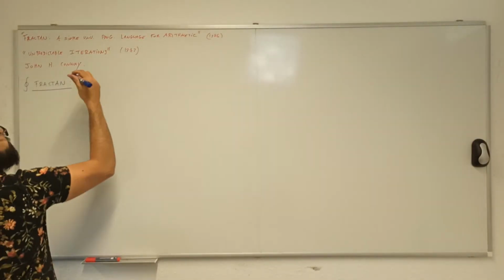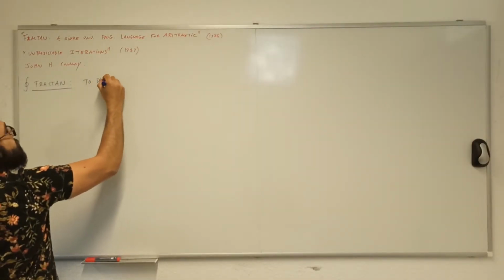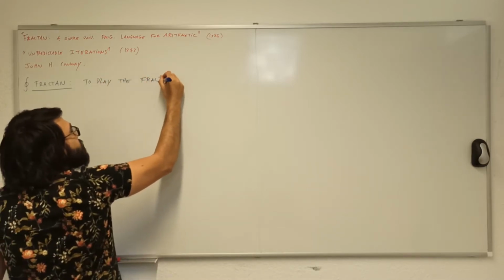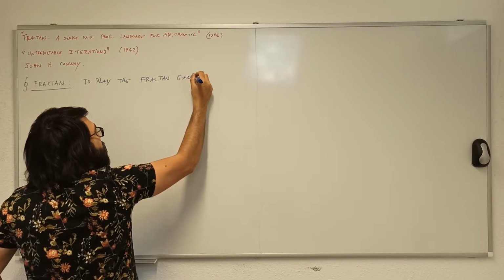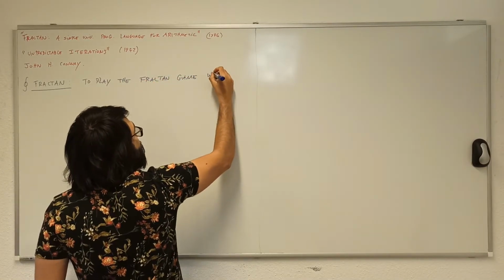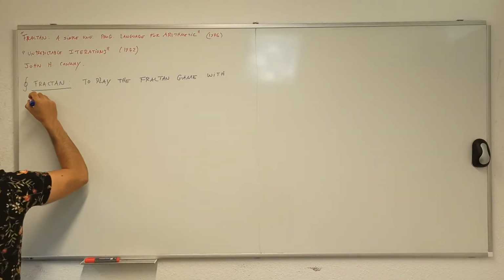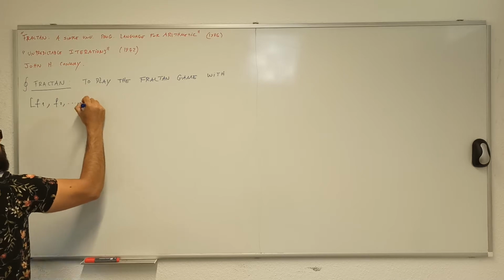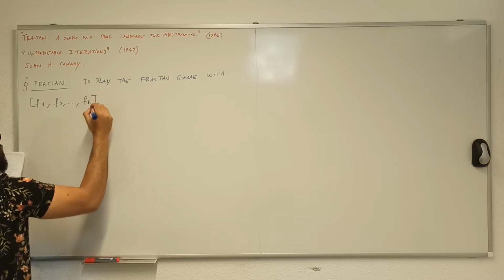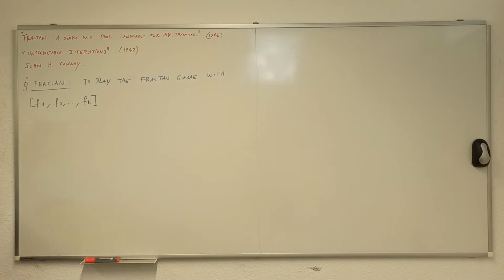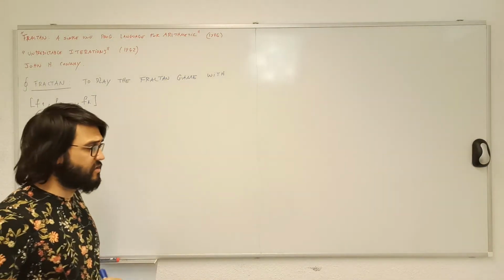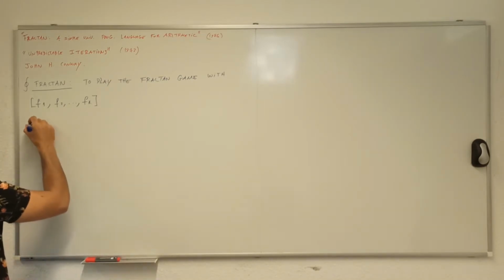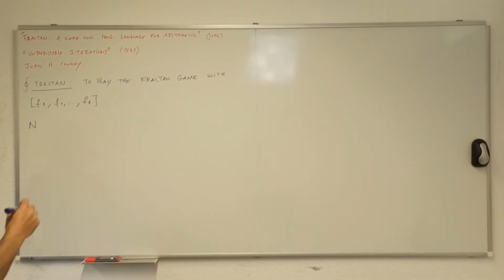So to play the FRACTAN game with fractions. So the FRACTAN game has fractions f1, f2, up to fk, and that will be my notation. So you just have a vector of fractions, and what you want to do is the following. You start with an integer n, and then you multiply